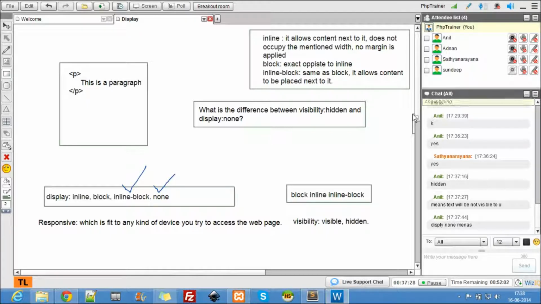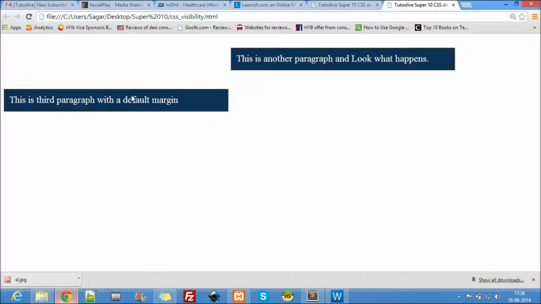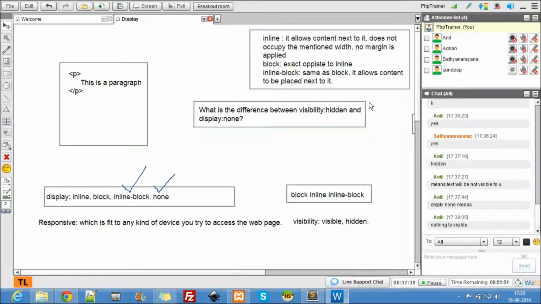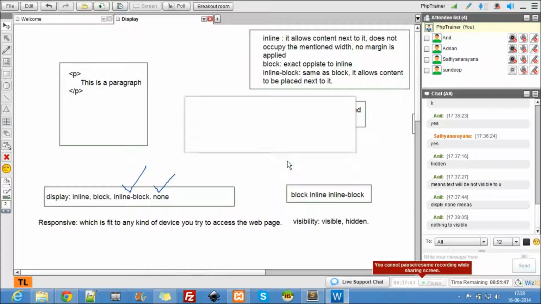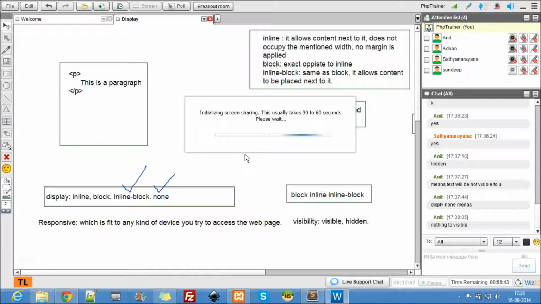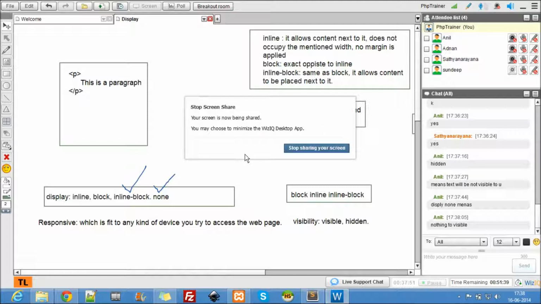Okay, great, that's a close answer. What's really happening is this: let's use display none on the second paragraph. They both hide the content, but display none also removes the space it occupies.